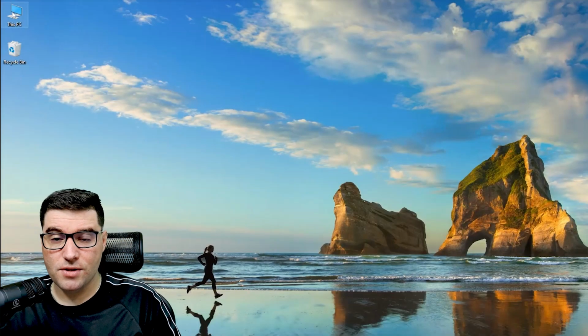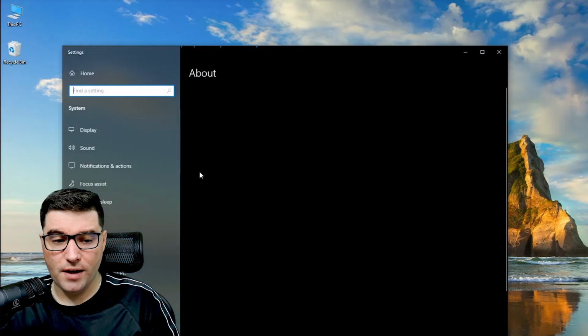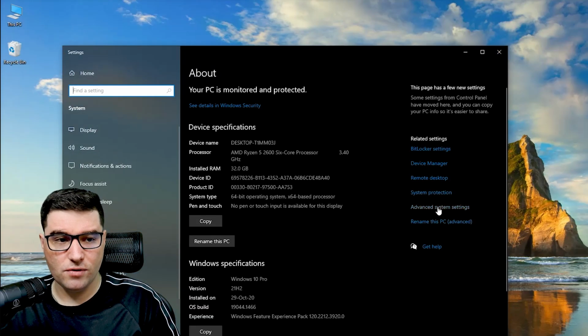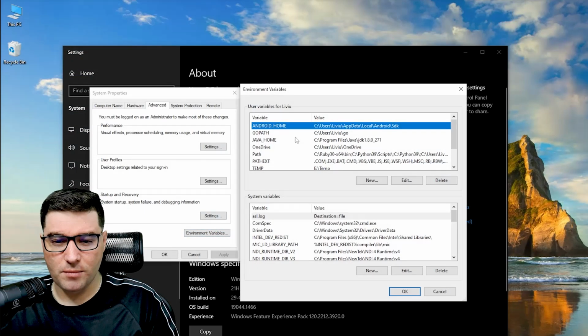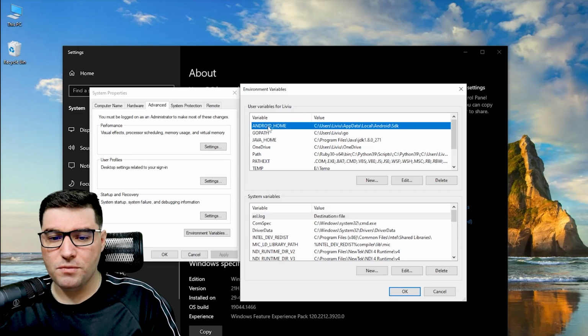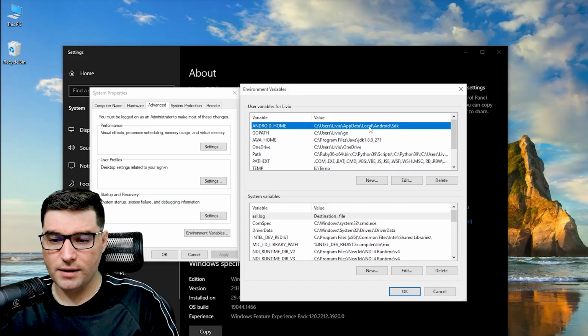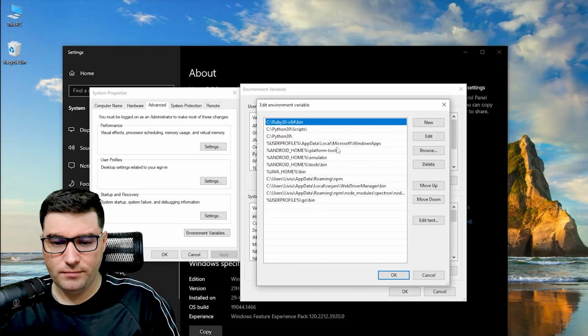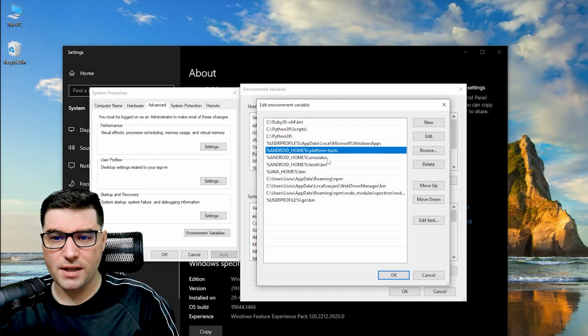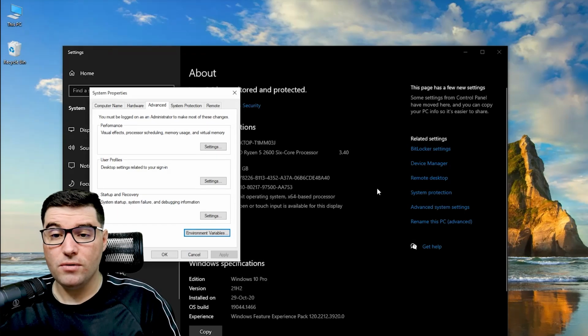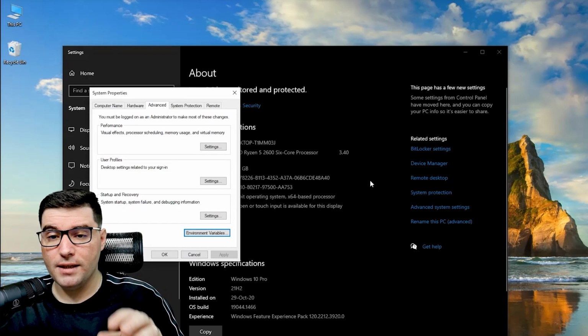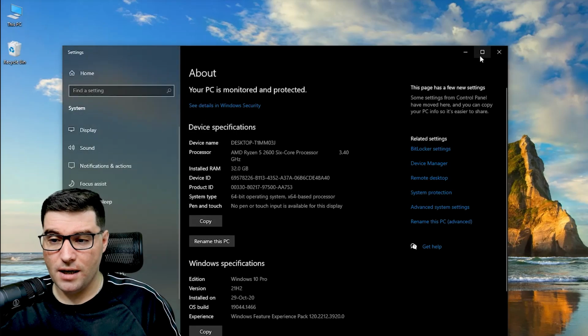After you have installed Android Studio, you should check that your environment variables are properly set. So for that, you will right-click your PC, you will go to Advanced Settings, Environment Variables. First of all, you should put Android Home, which is the location for Android Studio installation, and the ADB Tools folder. And in the path, you will have Android Home / Platform Tools / Emulator and / Tools / Bin. So once again, I will leave you the link in the description for configuring all this out, so don't worry.